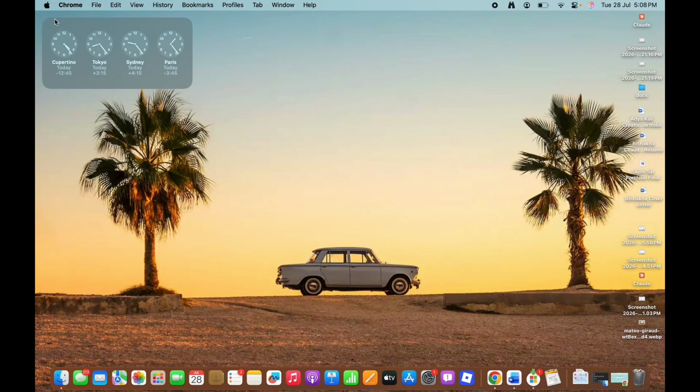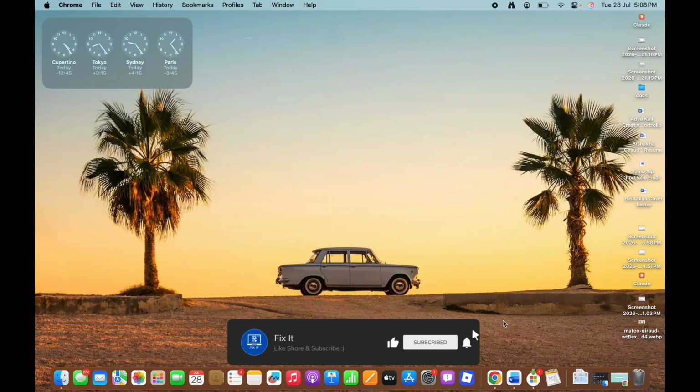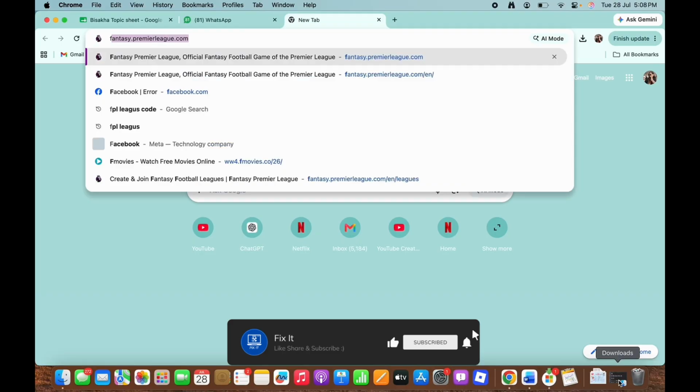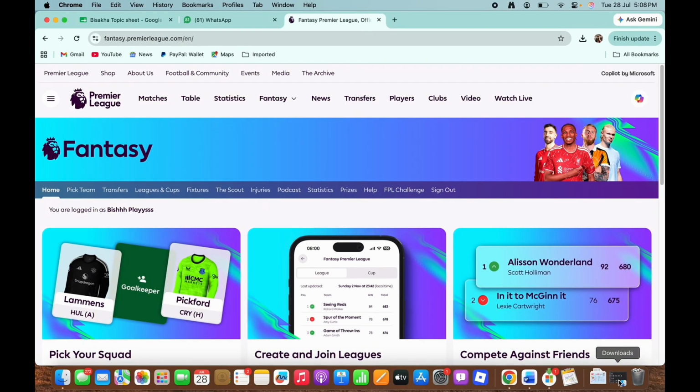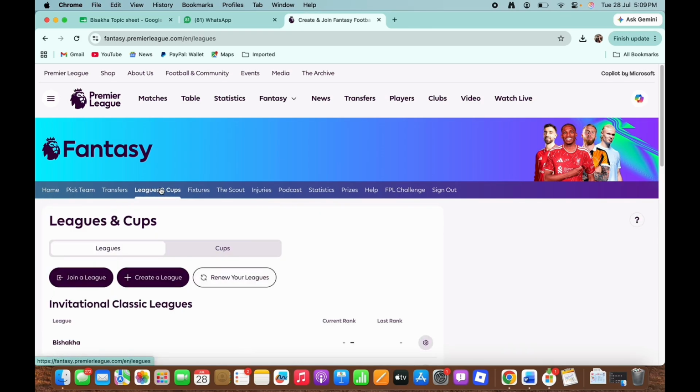Now let's get right into the tutorial. Firstly, go ahead and open your preferred browser and in the search bar search for fantasy.premierleague.com. Here, make sure that you are signed in to your Fantasy Premier League account where you want to delete the league. Now, in order to leave the league, tap on the Leagues and Cups option you see there and